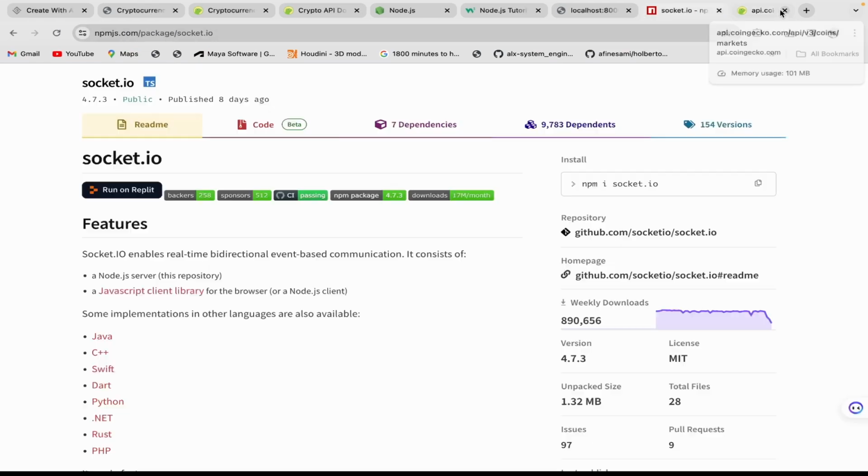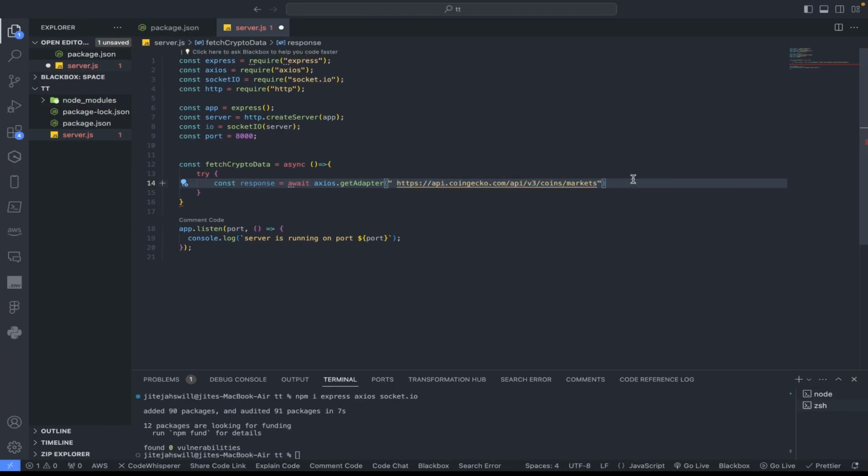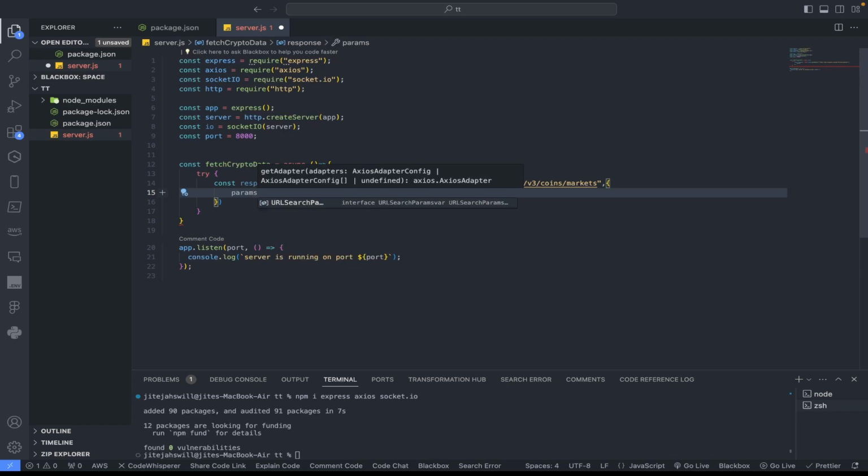parameters. Okay, it's always good to get an API key, but we're trying to keep things simple right now. So we need the parameters. How can we get the parameters? Well, let's just start typing something. We're going to be using the JSON format, JavaScript Object Notation, to get this in. So type in params, and